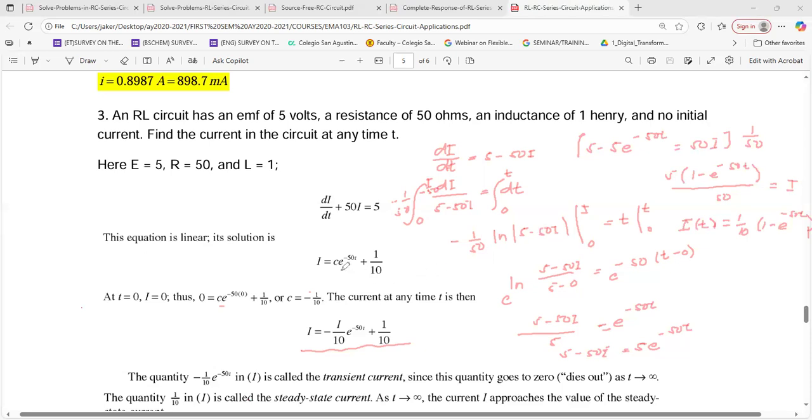Okay? So you go back to the original DE for the RL circuit with a power source. Substitute all the values that you have and apply the techniques that you have learned for first order differential equations. Okay? Now, before I discuss what's written here below, do you have any questions? Please ask, or you can write it in the chat box.